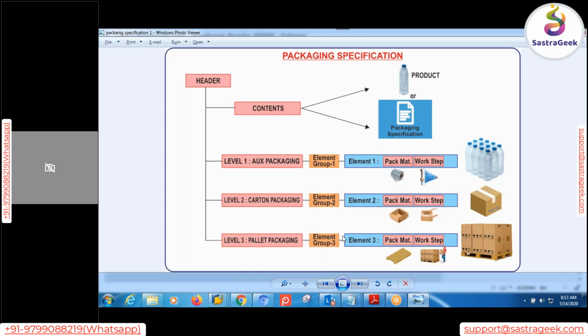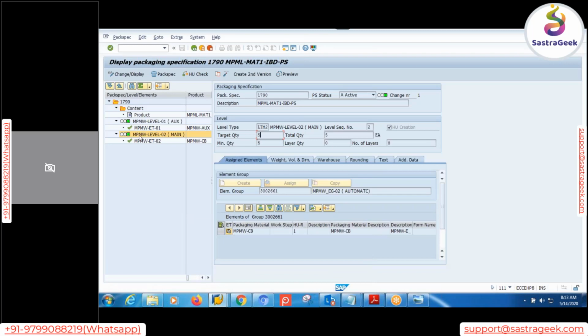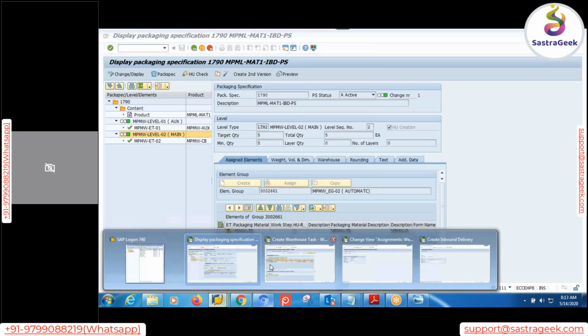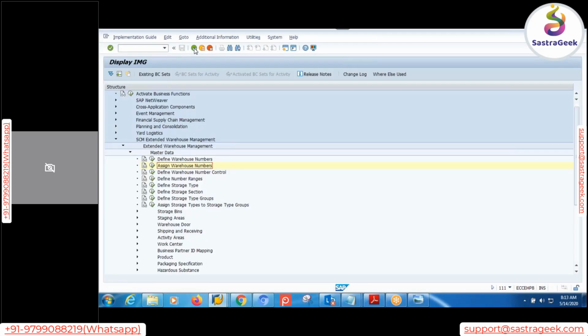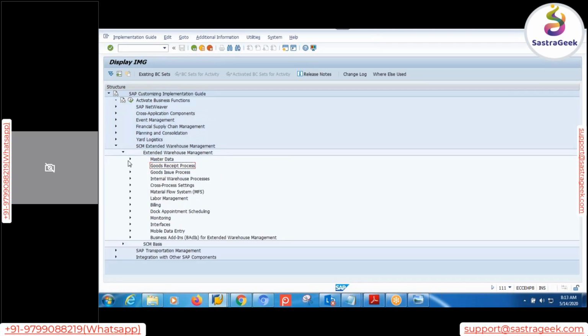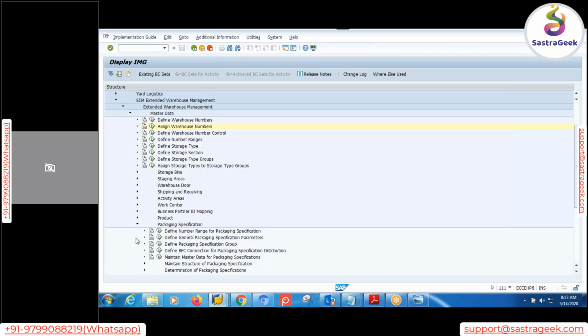Yes, sir. And what is the maximum level allowed? Like in SAP, are there predefined levels, or can we only use 3 levels? Yes, I will tell you. Go to master data. First thing, do you want to go with a level set or not? That is one thing. Other thing,